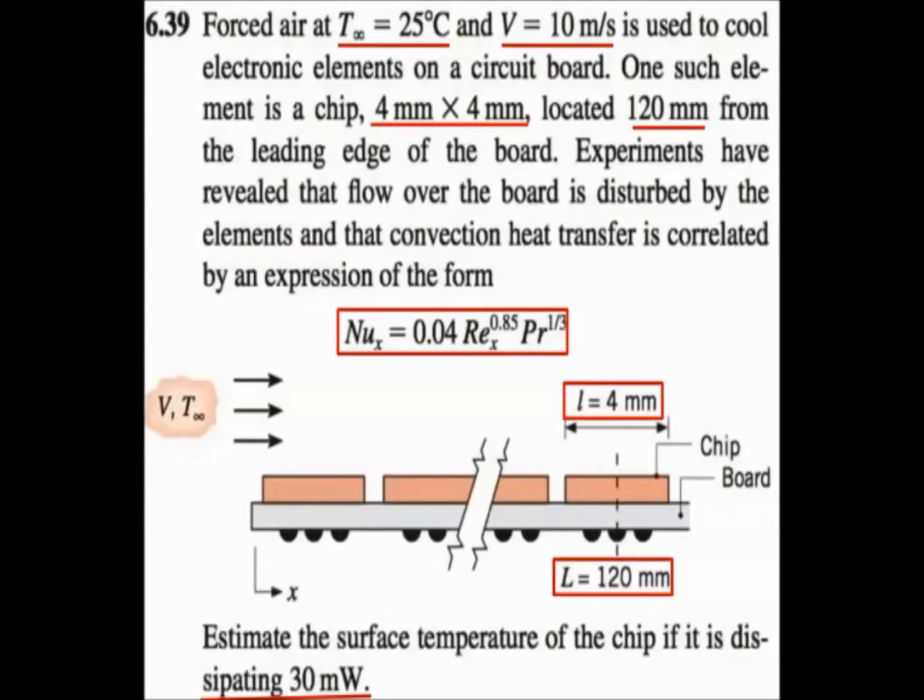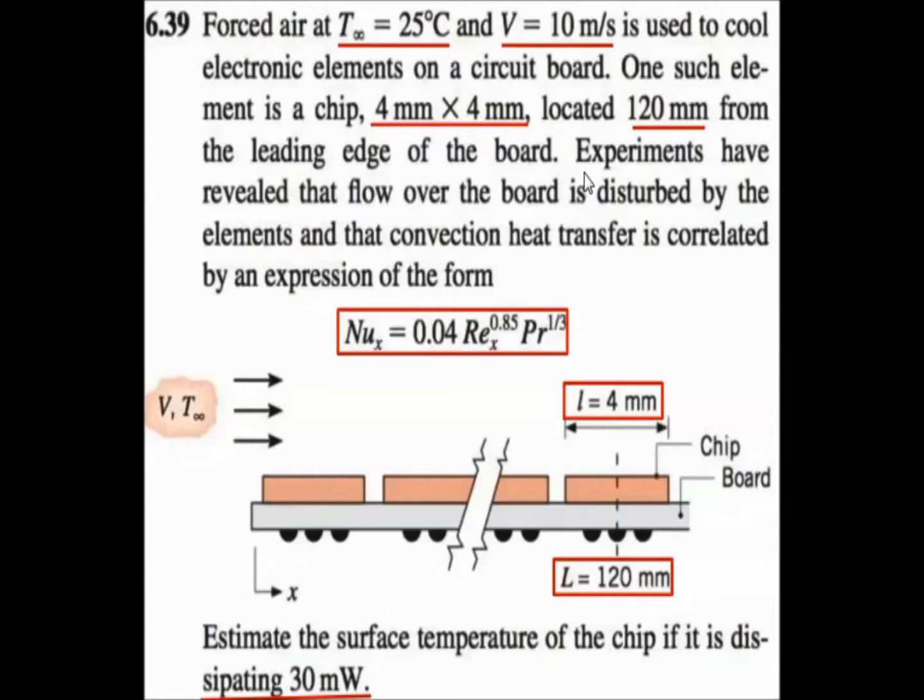Now let's take a look at problem 6.39. In this problem, we have forced air at a known temperature of T infinity equals 25 degrees and a known velocity of V equal to 10 meters per second. This is used to cool electronic elements on a circuit board. One element is a chip. This chip has dimensions of 4 millimeters by 4 millimeters and is located 120 millimeters from the leading edge of